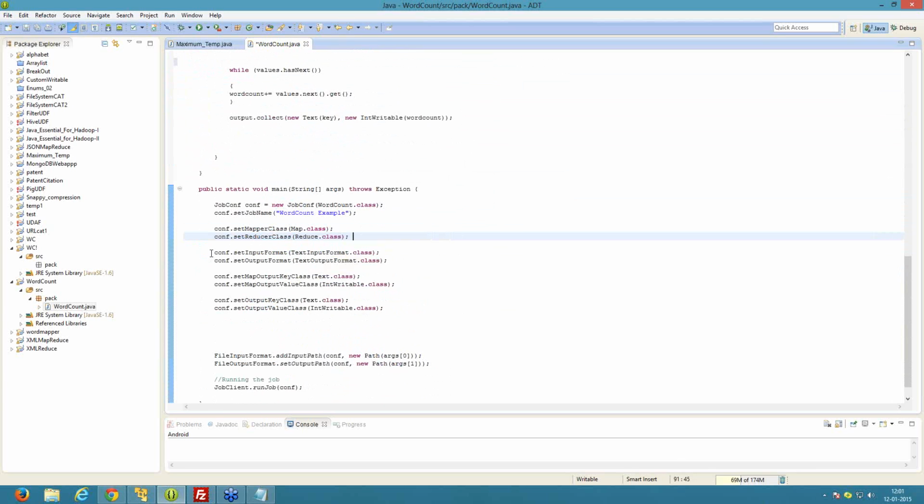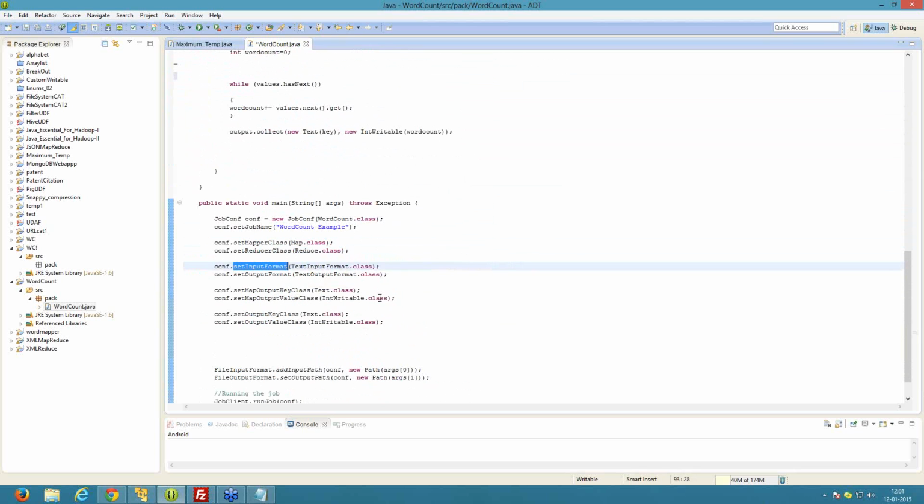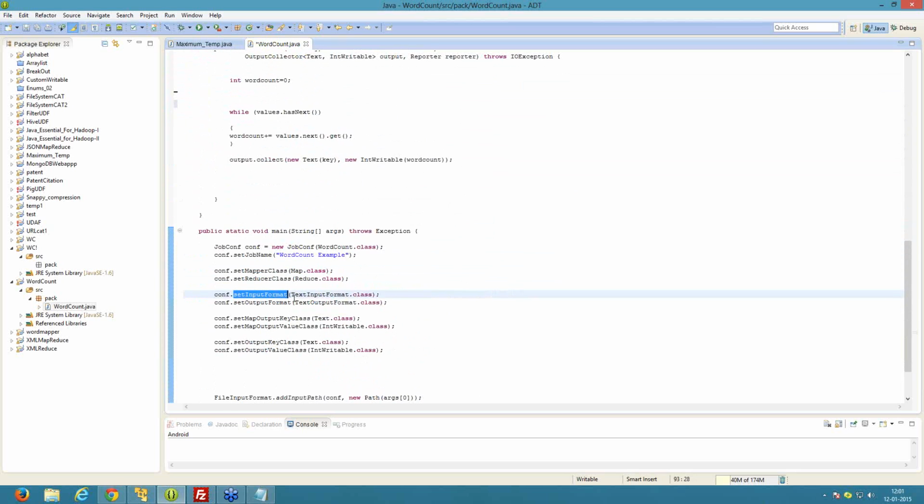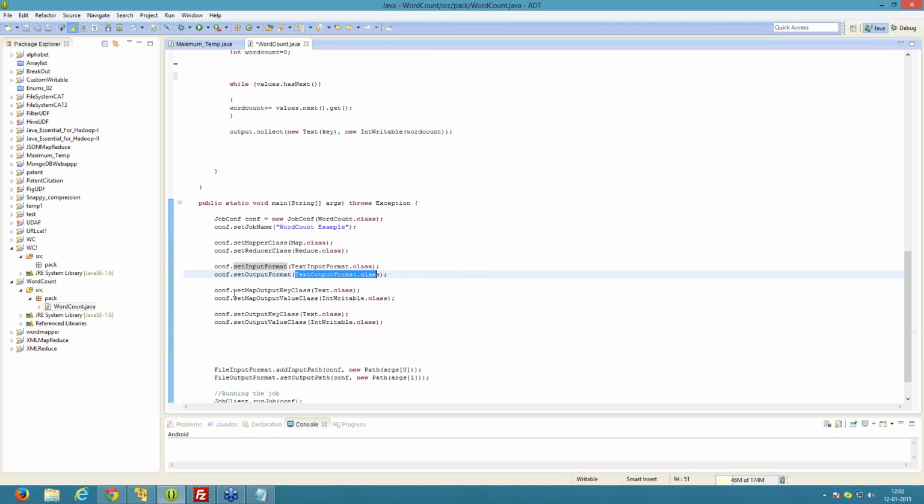Now we have to set the input format and output format for the final result, and also the output format for the mapper phase. Here we have a method setInputFormat. This is the final output format for the job. Here we are using setInputFormat TextInputFormat, so the data taken by the mapper phase is in the form of text input format, which is the default input format, and setOutputFormat. The final output data emitted by the reducer phase is in the form of text output format, which is the default. Here we are providing a set output key class.